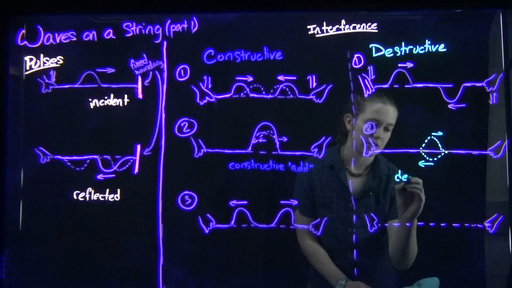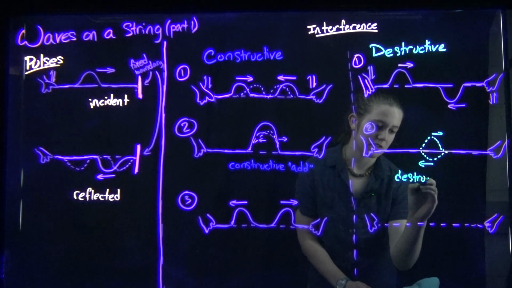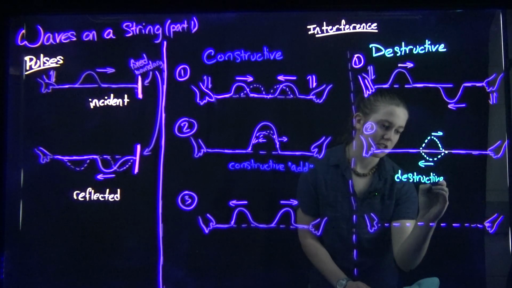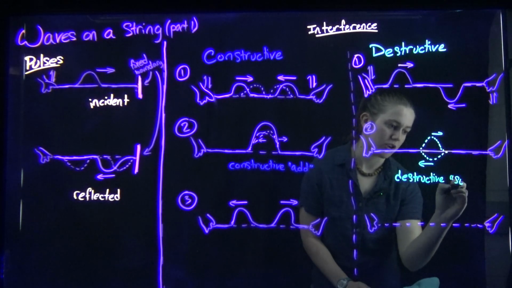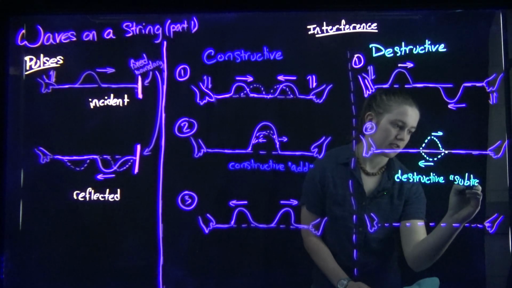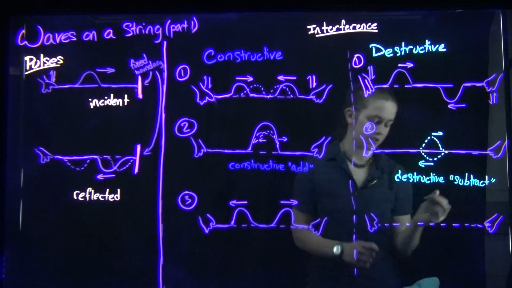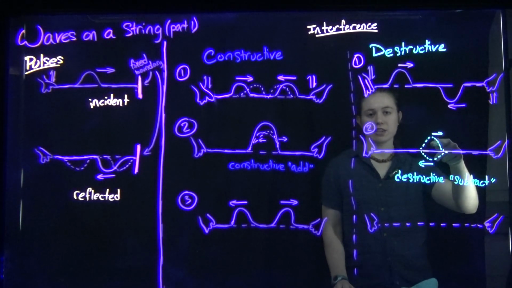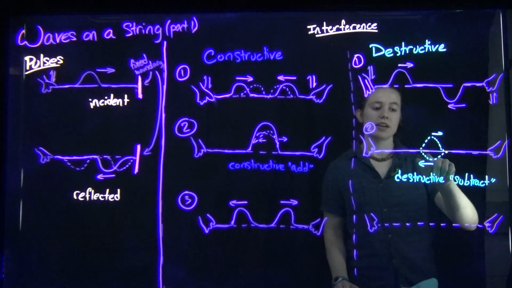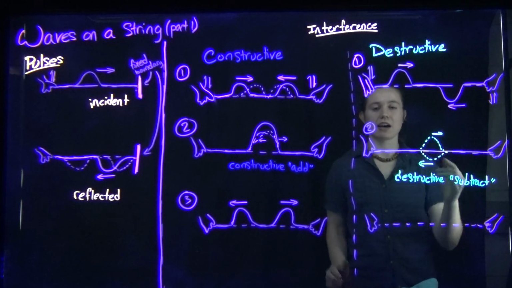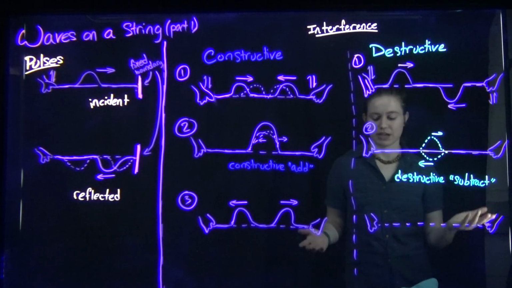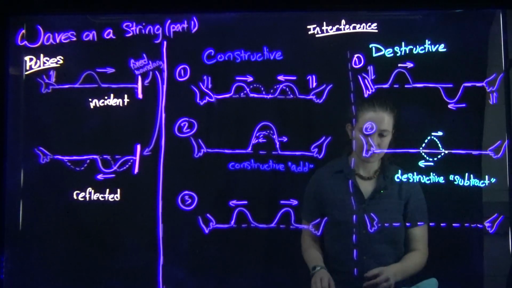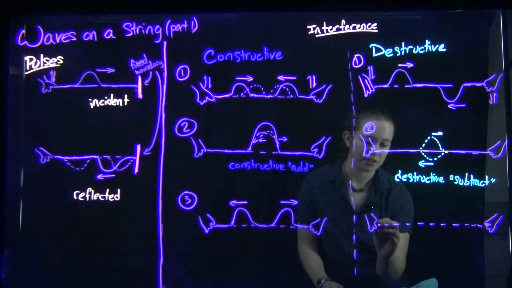So, destructive. We essentially subtract one from the other, and if they're the same size, we get 0. If the area under this wave is +5 and the area under this is -5, if we combine those 2, we get 0. And then afterwards,